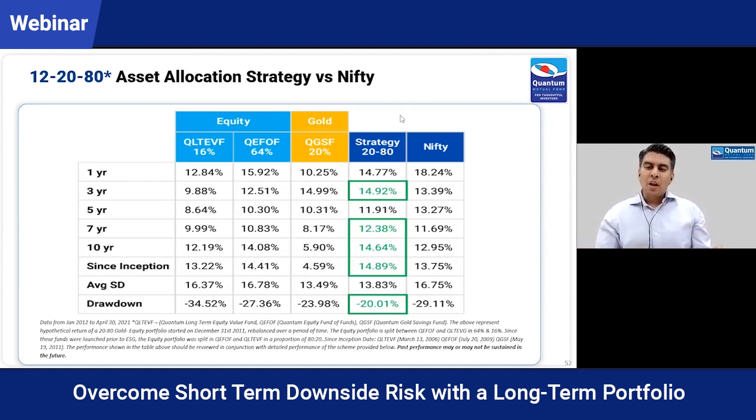Multi-asset is a solution package which will allocate across different asset classes. Whereas 2080 is a do-it-yourself, DIY strategy where you build your own portfolio, meant for long-term wealth creation. So the objectives are very, very different. If you're looking for the long term, then 2080. If you're looking at a 3, 5, 7 year horizon and don't want to take excess risk, but slightly higher risk, and want a better return than fixed deposits, probably you can go to the multi-asset fund.